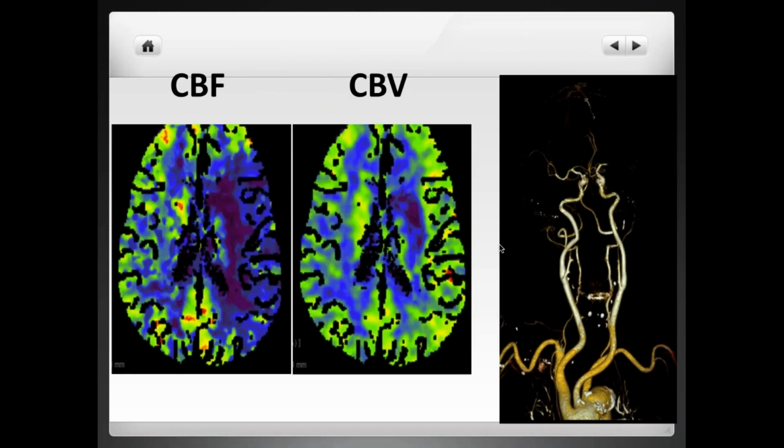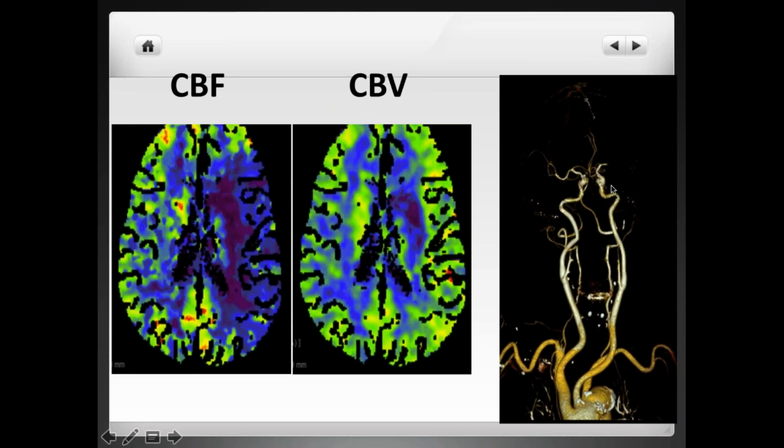So here we have perfusion, and here we have the cerebral blood volume showing you the core of the infarct right here. So a pretty small core, but look at the blood flow here. This is a very large area of penumbra. Almost the entire MCA territory is still not infarcted, but at risk. That means that this patient is at risk for developing a massive MCA stroke, which the patient does not have at the moment, and this is all thanks to the perfusion that is telling us.